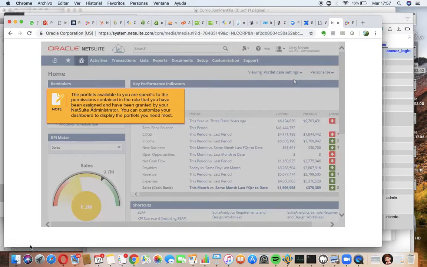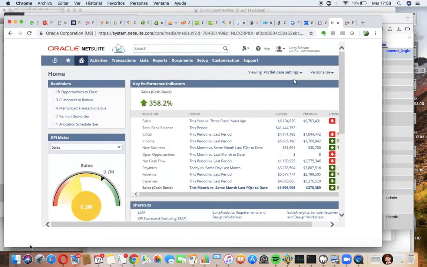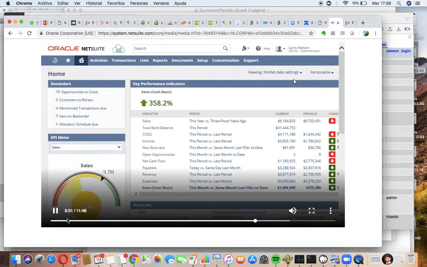You can customize your dashboard to display the portlets that you need the most. I can add a portlet by clicking the personalized link located on the top